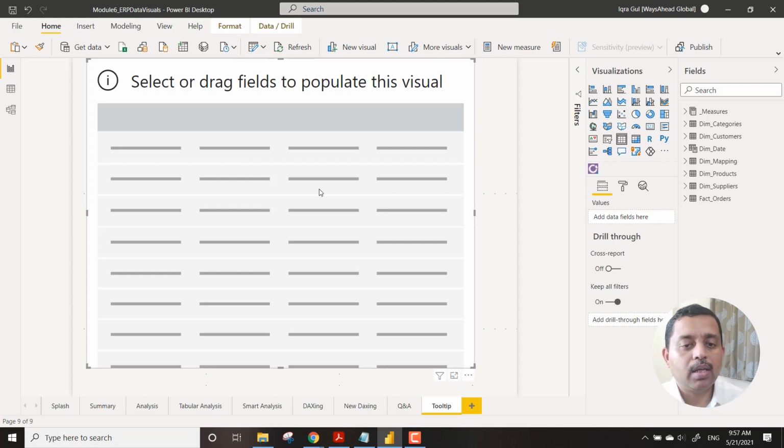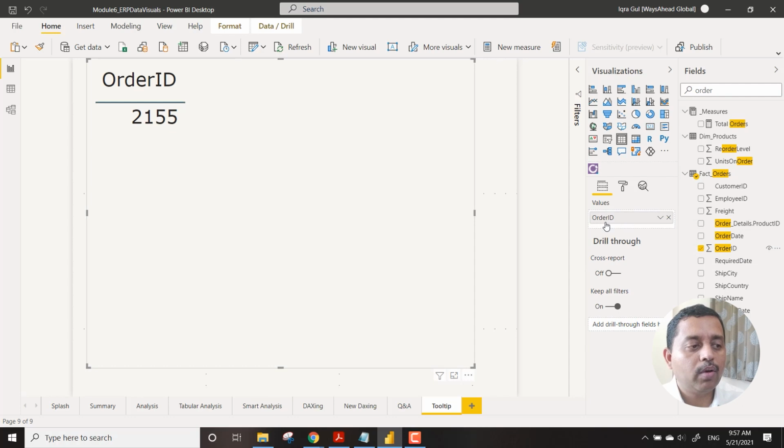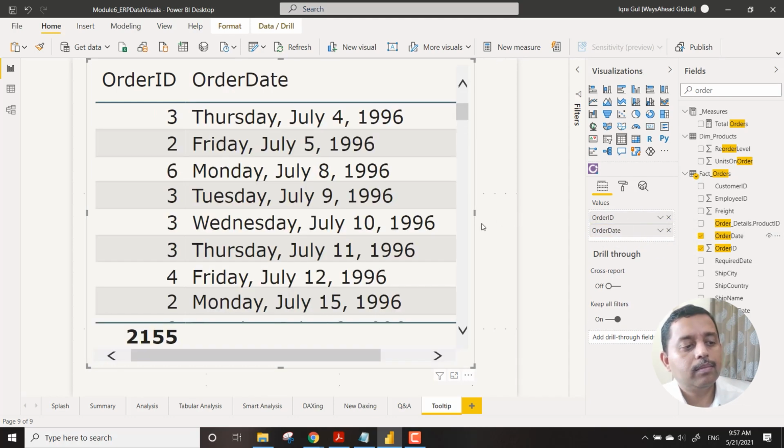See how big this table looks over here. It's a magnified thing. Then we can call it some order details, and you can say order ID. So I can bring in the order ID over here, and then I can bring in the order date. So order ID and order date. This much of detail we are keeping.